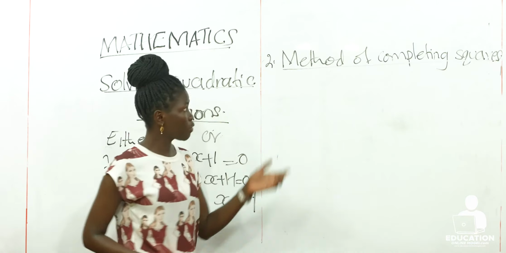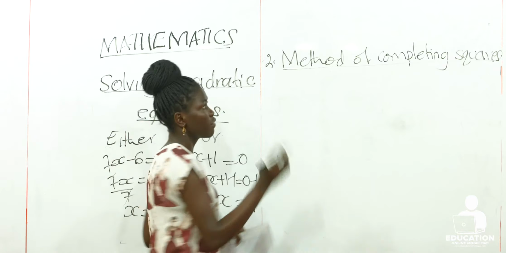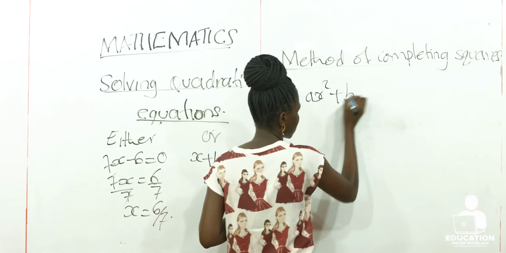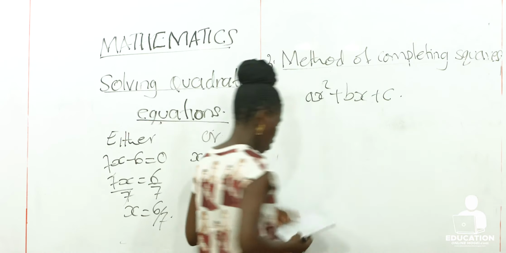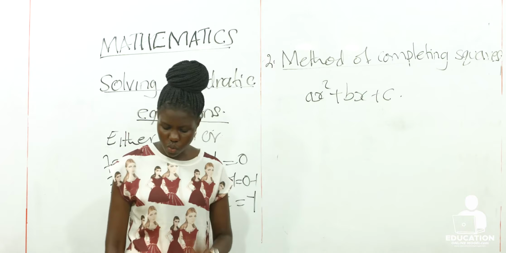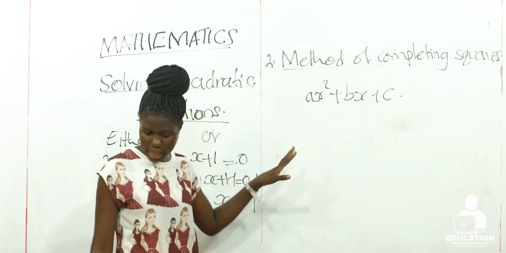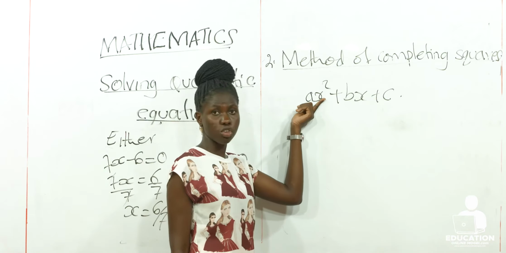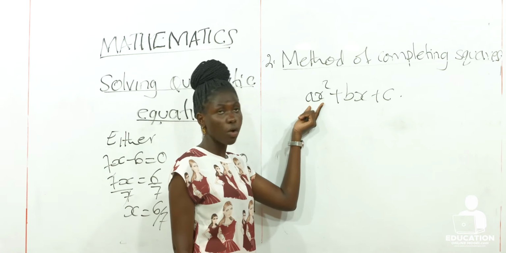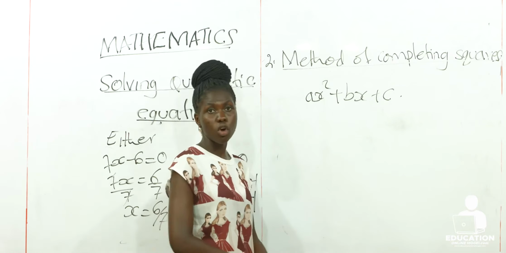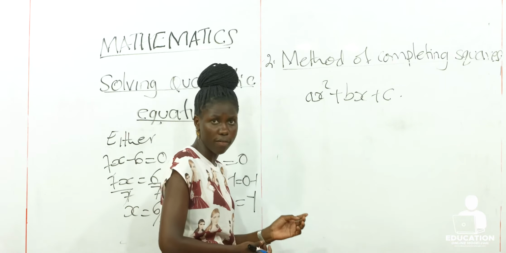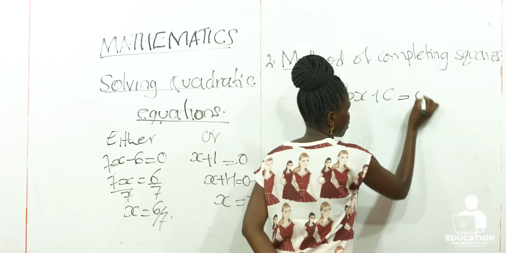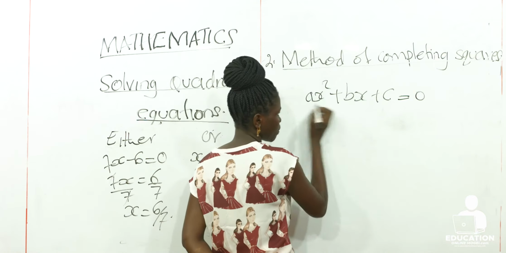We said for the method of completing squares, when given for example, the equation originally ax squared plus bx plus c. By completing squares, we first express the quadratic equation in a way that when given an equation like this, we are going to divide throughout by the coefficient of x squared so that we can have no value on the coefficient of x squared, which is the value of a. So when you have an expression like this one, then we equate it to 0. First thing to do is we are going to divide throughout by a,